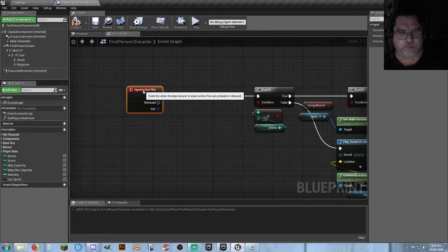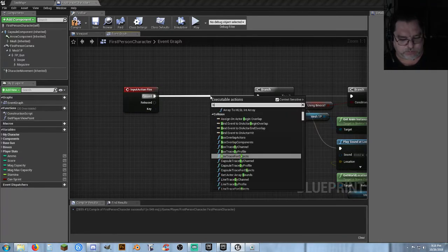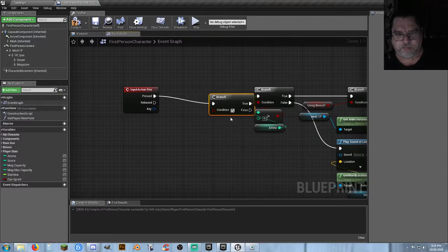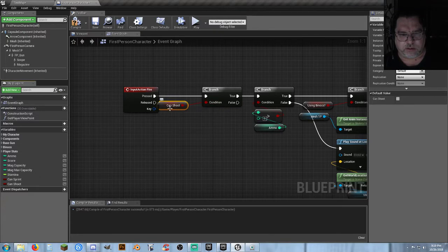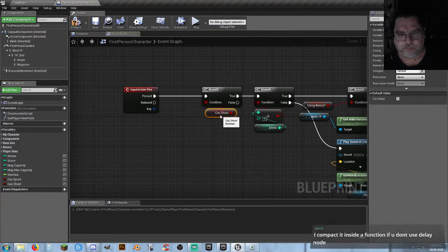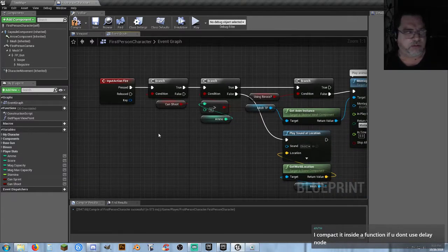So I just want to drag this out for just a moment, and we're going to add another branch in, and we are going to add in can shoot, compost, and save. And now let's put in that. So the first thing we're going to ask when we left click that mouse button,